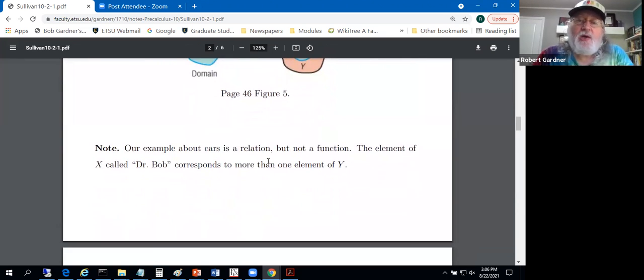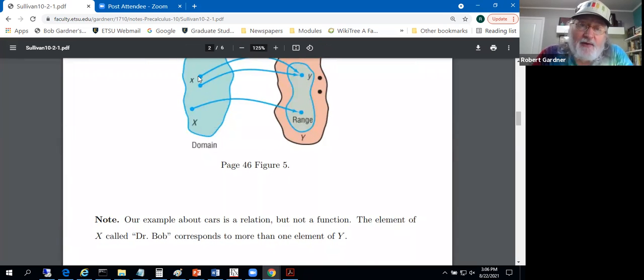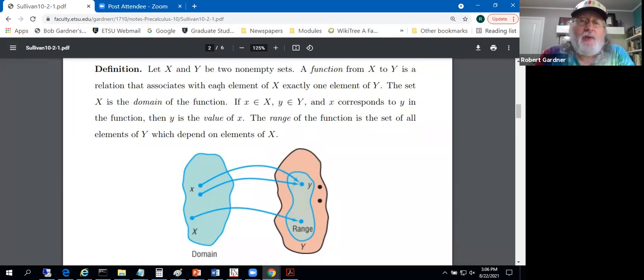Our example is about cars as a relation. It's not a function. That's because the element of capital X, called Dr. Bob, corresponds to more than one element of Y. If we were to deal with that in a diagram like this, might have Dr. Bob here corresponding to Volkswagen and corresponding to Toyota. You can't have 2 arrows coming out in a function. In a relation, that's fine, but not in a function. Again, it's the exactly one comment here. Each element of the domain is associated with exactly one element